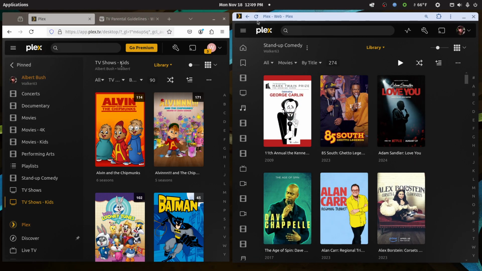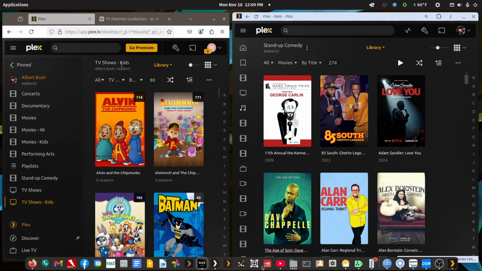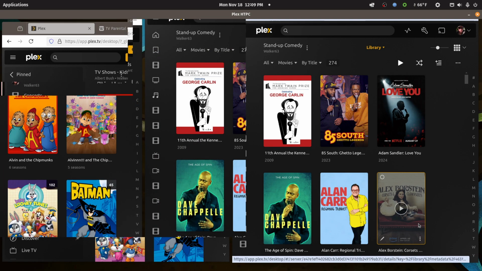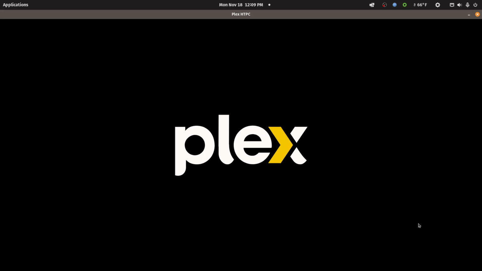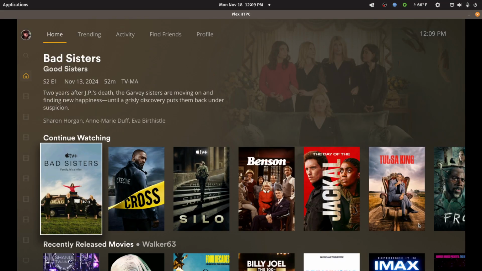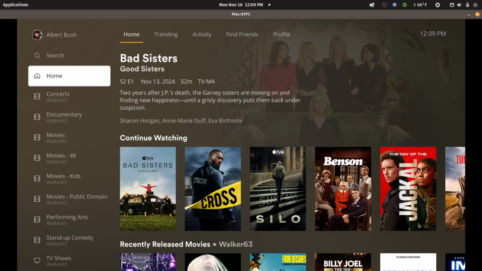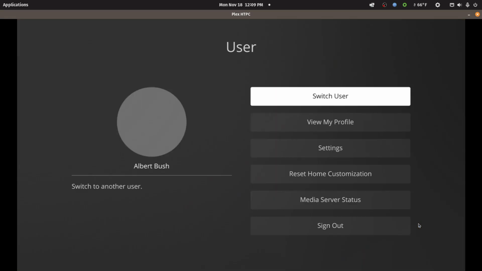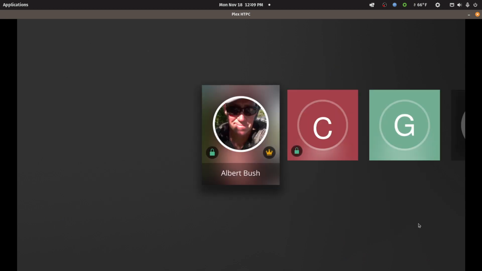So let's show you how the client feature works. I'll start the Plex HTPC client up on this Linux desktop computer. So the only part about this is, as the adult, you have to switch users when you're done using the client app. Otherwise, it will come back up and load under your profile. So you simply go to your profile name and you switch user, and